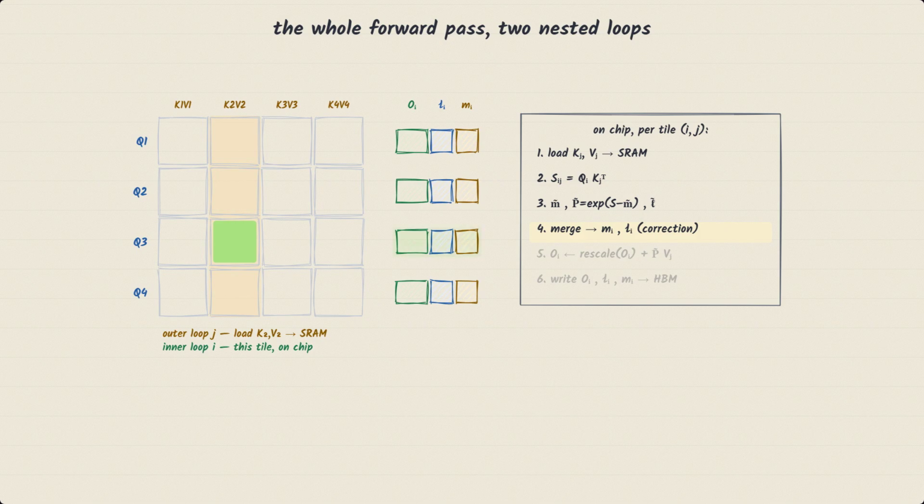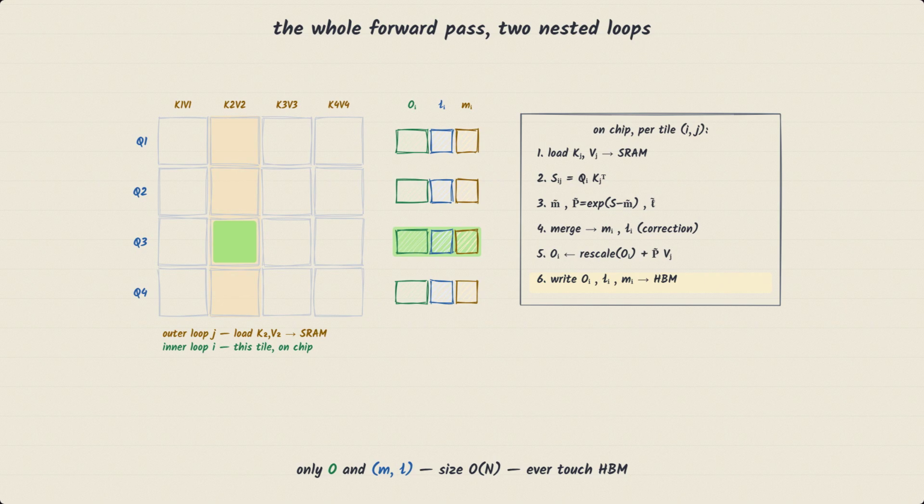Because K and V are the outer loop, each query block's output gets revisited and refined as new key blocks arrive. And that loop order is deliberate. K and V are what you reload into SRAM. So keeping a pair fixed while you stream all the query blocks past them minimizes how often the large matrices have to cross the memory bus. When both loops finish, O is exact, bit for bit what standard attention would give, and the n-by-n matrix never